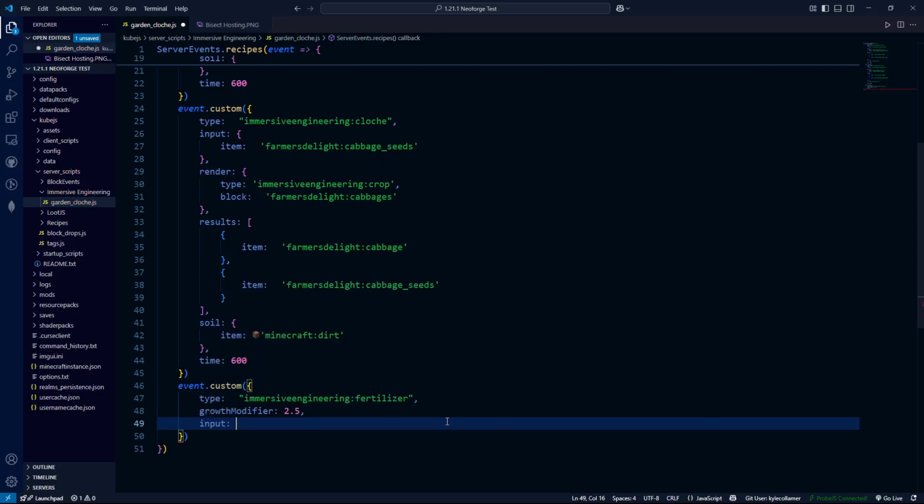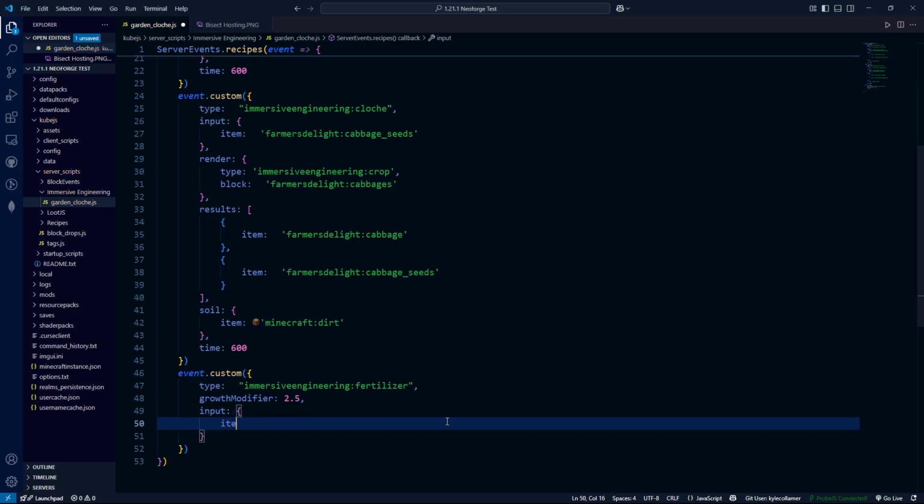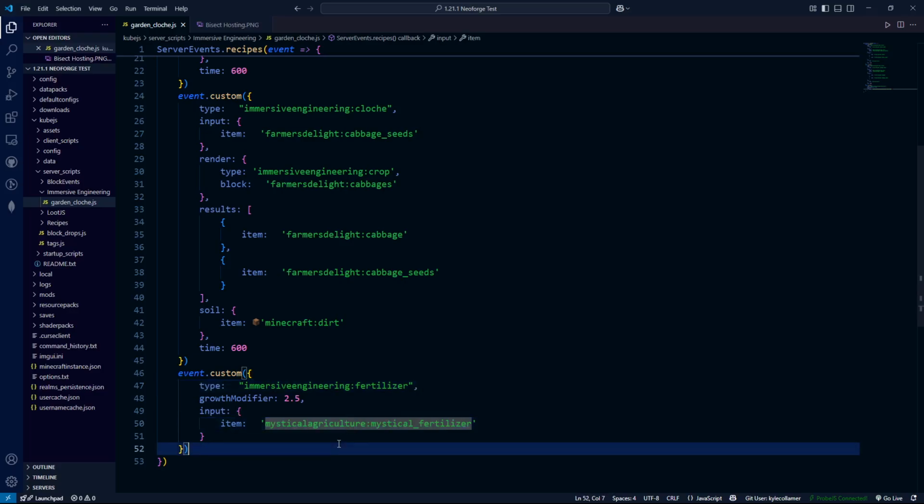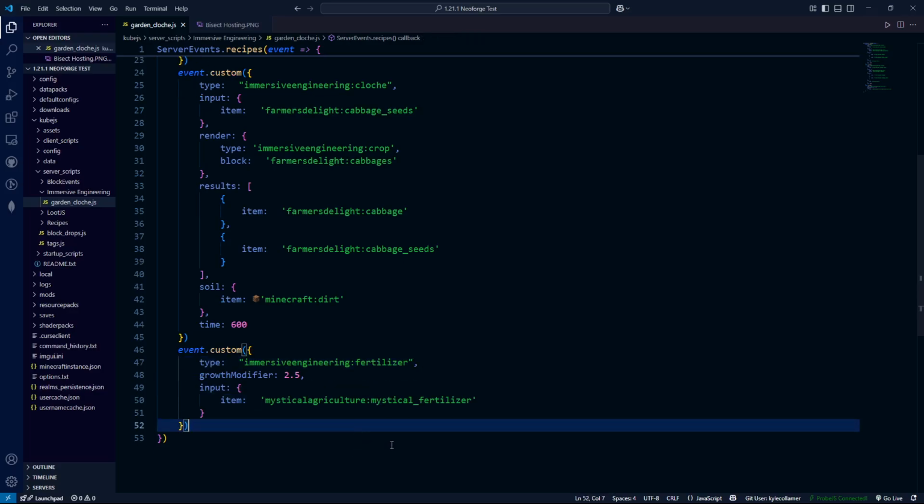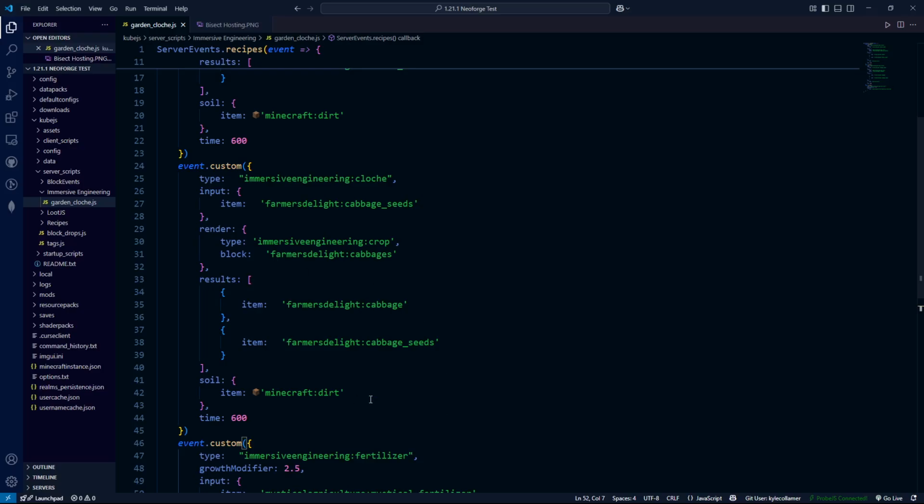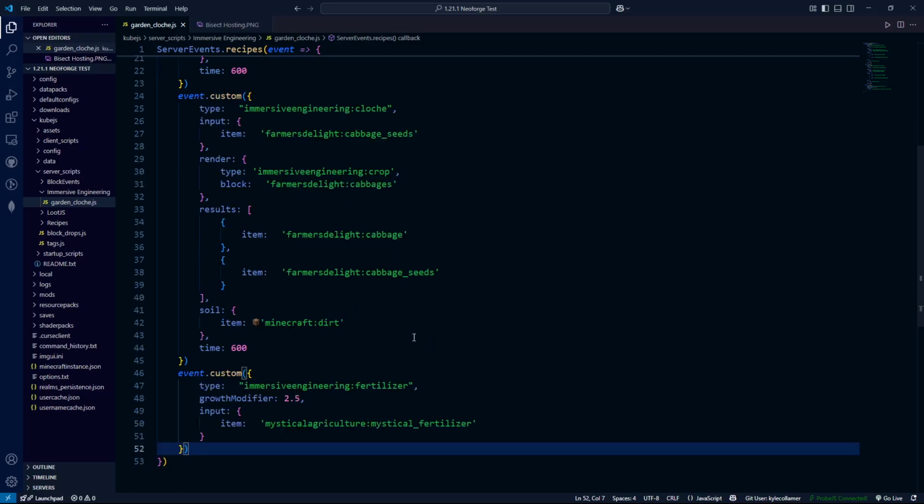So input, curly brace, item, and then let's do Mystical Agriculture Mystical Fertilizer. So this should work. So as we can see the code here, but before we see it in game, let me